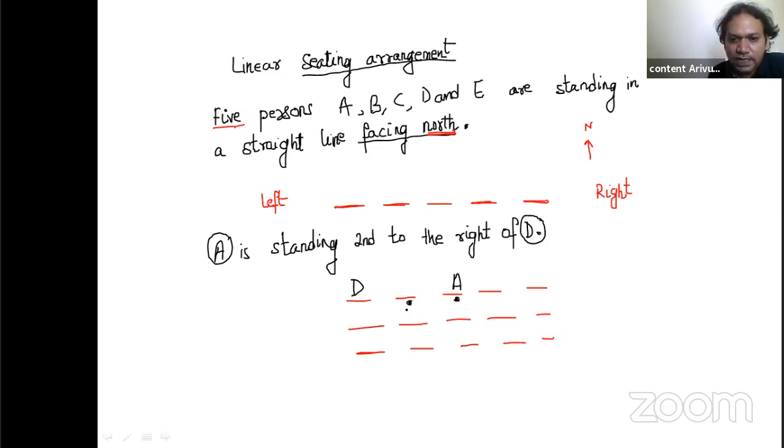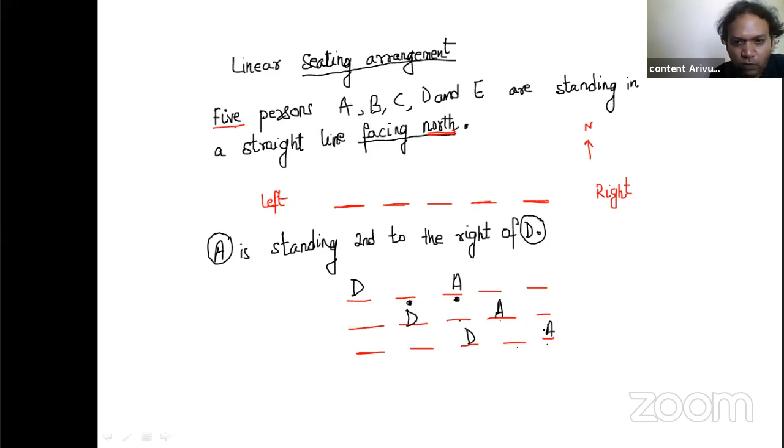Now, similarly, I can say that what if D is here? I don't know, right? So I'm just saying cases, case 1. So what if D is here? If D is here, then 1, 2, A will be here. Correct? And what if D is here? Now this is the third possibility. Then 1, 2, A will be here. That means from the first statement, there could be 3 different possibilities for A based on the 3 possible places that D can occupy. Okay, understood?